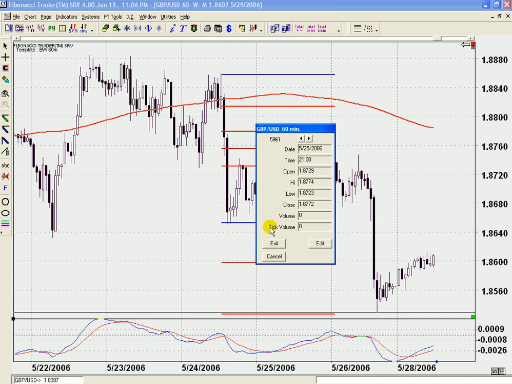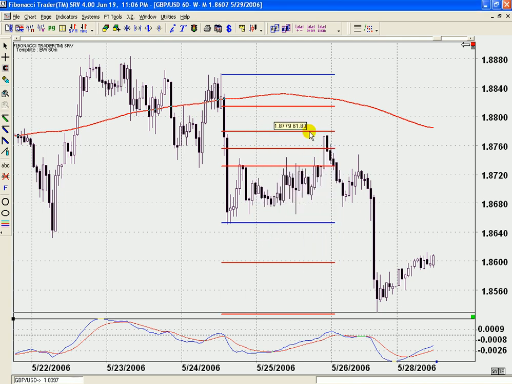The high is 87.74 to 79, so we're off the 62% by 5 pips. Price falls down to the 162% extension, this red line here. Now you see this black line right at the low of this candlestick wick. Well, you may wonder why that's there. I put it there because